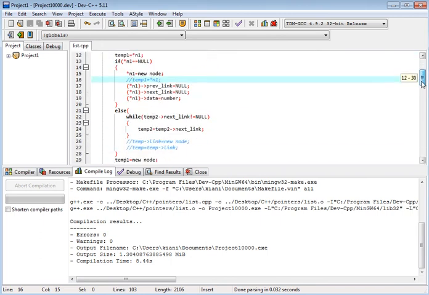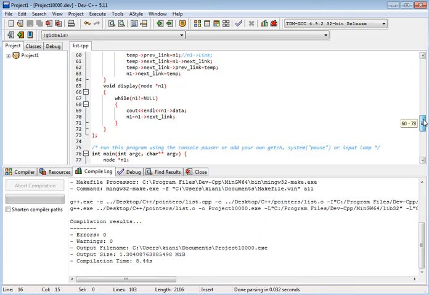There is a problem with the while loop, I think. In the while we have temp 2 next link is not equal to null. Temp 2 next link is equal to temp 2.